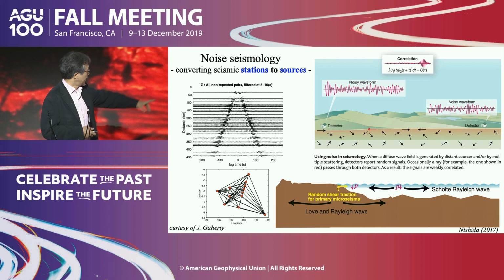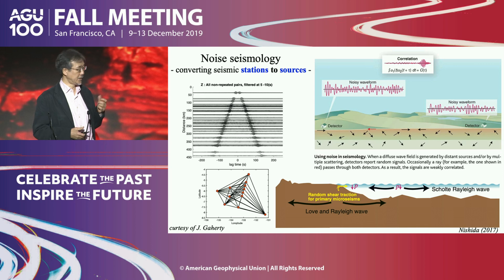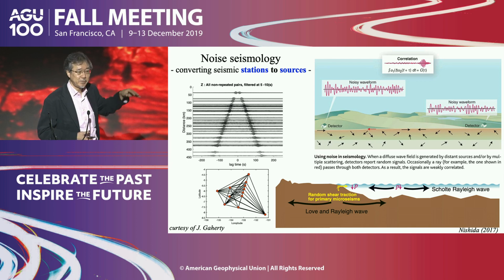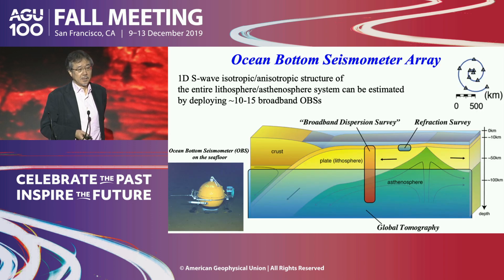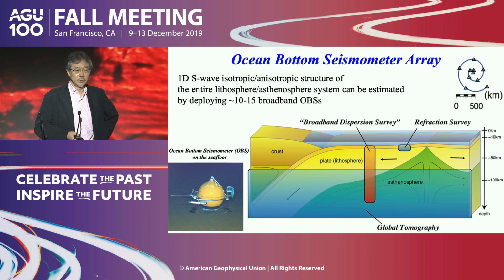So if you have an array or network of stations like this, for all the observed seismic wave field, we can find the traveling waves between all the pairs of stations. That means it would look like this. This kind of traveling wave can give you the structure beneath the array. So this offers a new way to study the suboceanic mantle beneath the array using seismic earthquakes and noises,